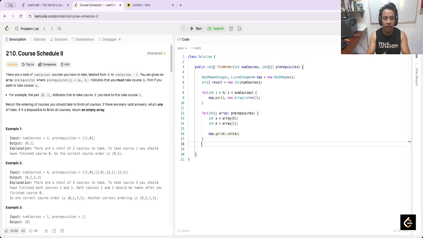Okay, and now we have filled it. The next is to get all the nodes that have in-degree 0. And I need a queue. We need a queue here, queue of integer q, it's equal to new LinkedList,